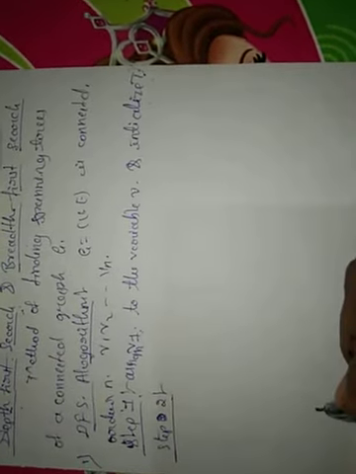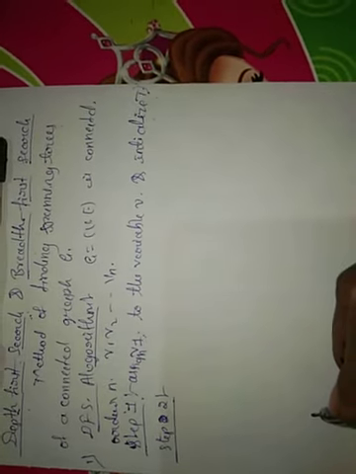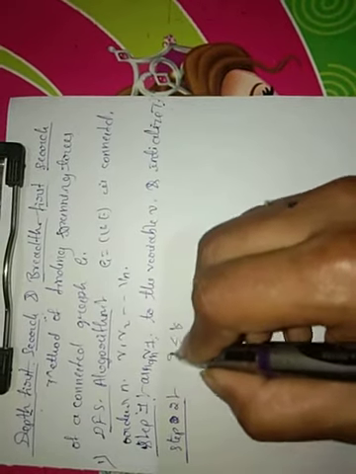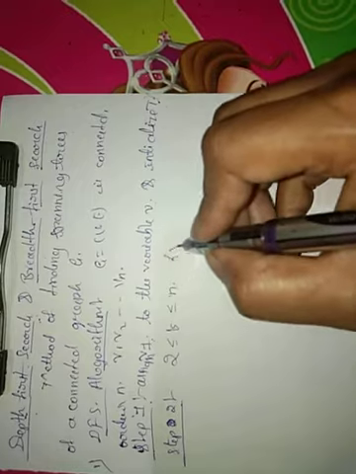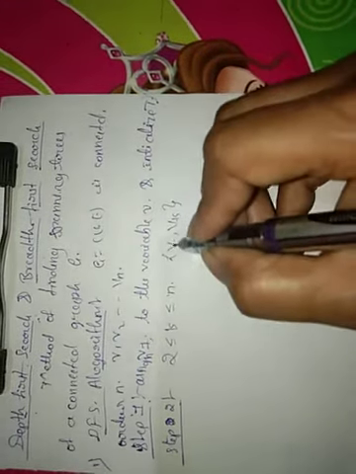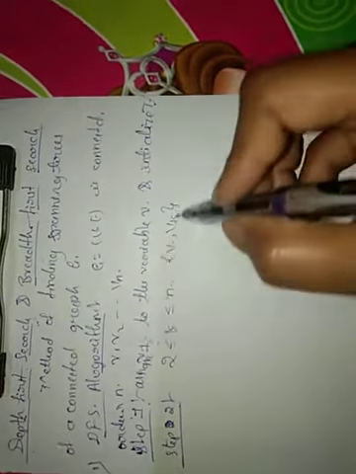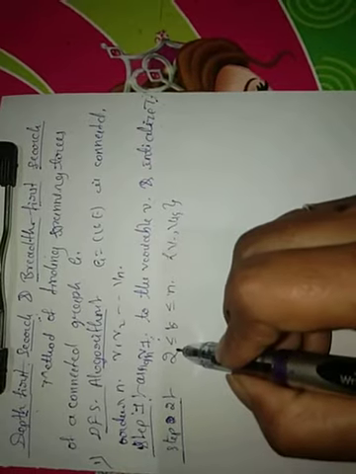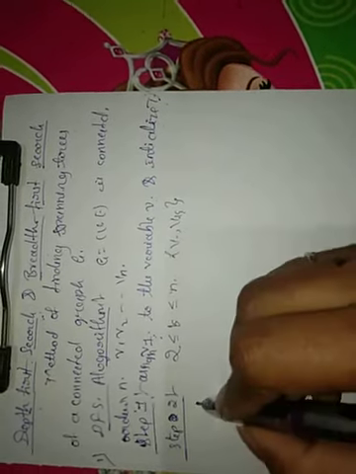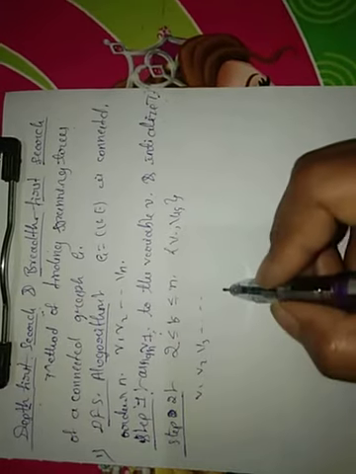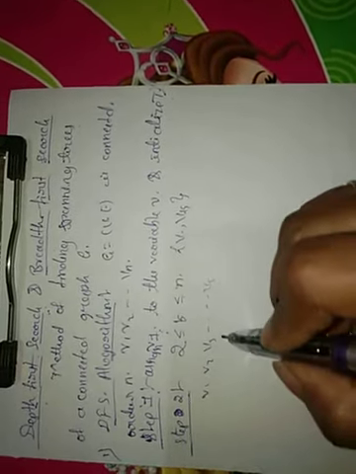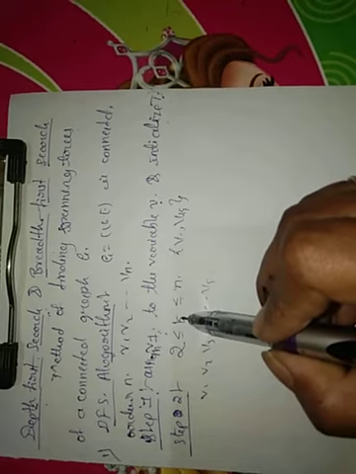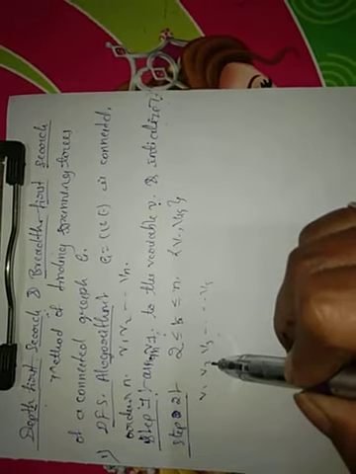in step 2, we select the smallest subscript k, where k is greater than or equal to 2 and less than or equal to n, for the vertex Vk. For example, suppose there are vertices V1, V2, V3, and so on up to V5 in the graph G. Suppose V1 is considered as the root, then we have to consider the smallest subscript for k, which means we have to consider V2 next.